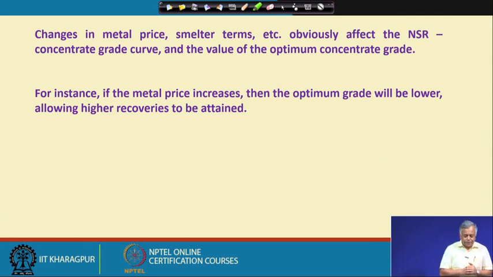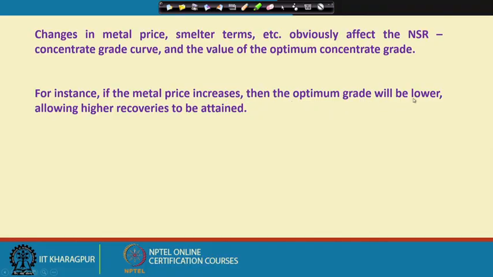For instance, if the metal price increases, then your strategy for the concentrate grade recovery curve is different. What do you try to do? The metal price increases means I want to recover as much of that metal as possible. We may sacrifice a little bit of grade,